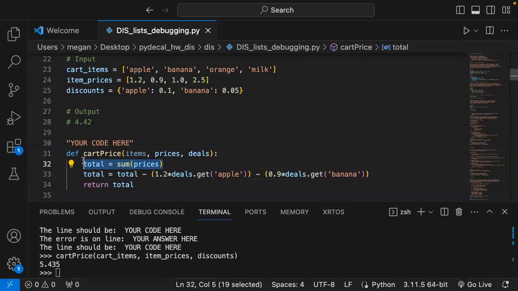There are a lot of different ways to do this. Yeah. Also, this is assuming that the item prices are listed in the same order that the actual items are